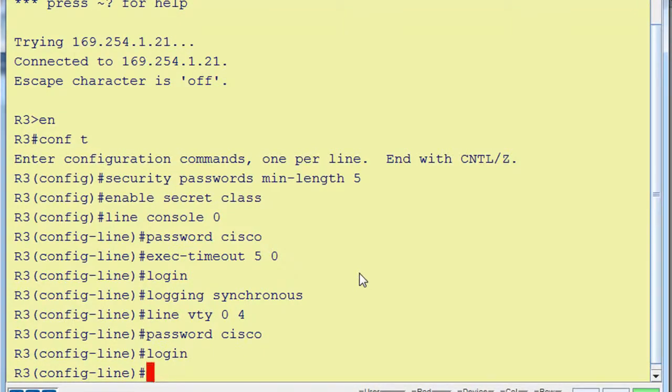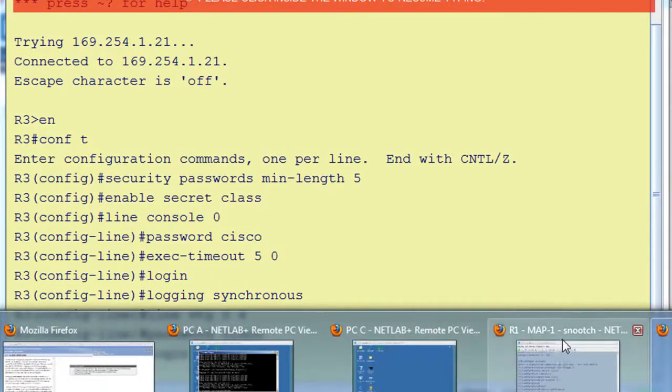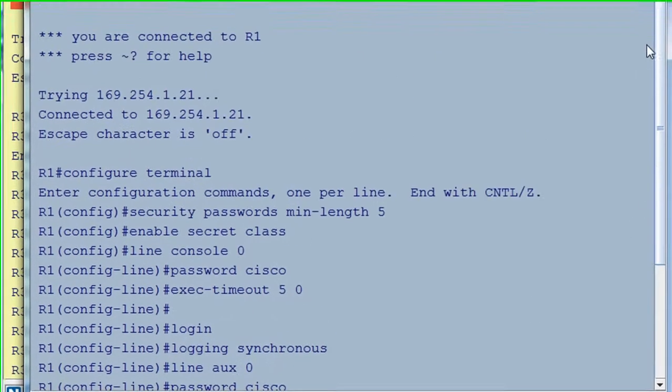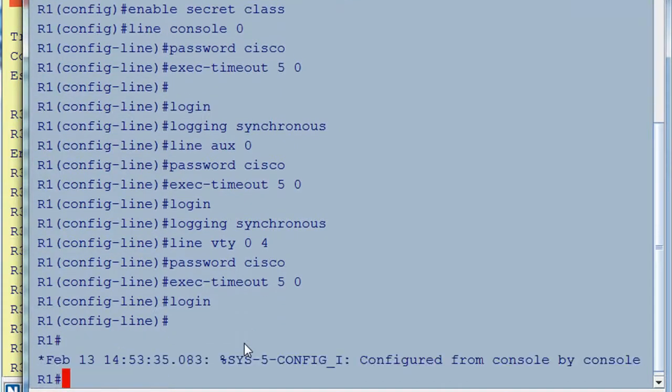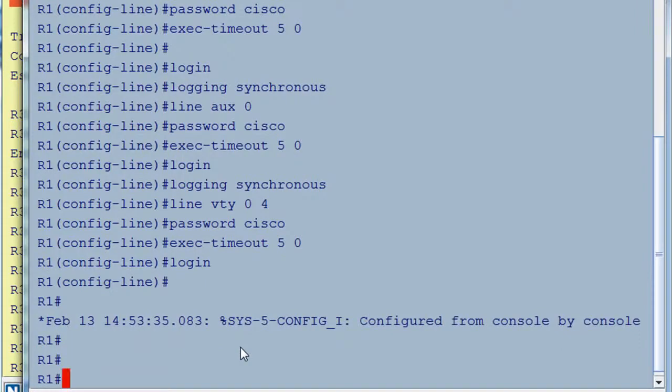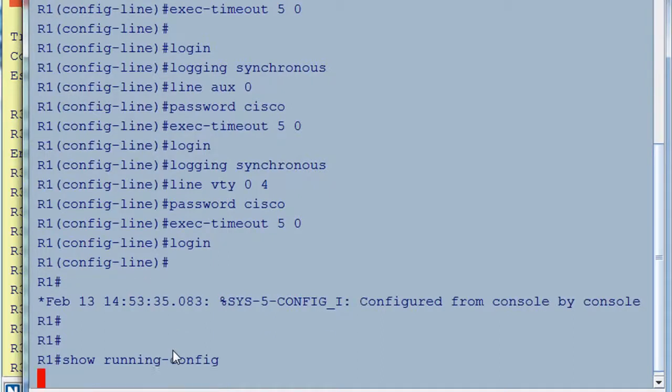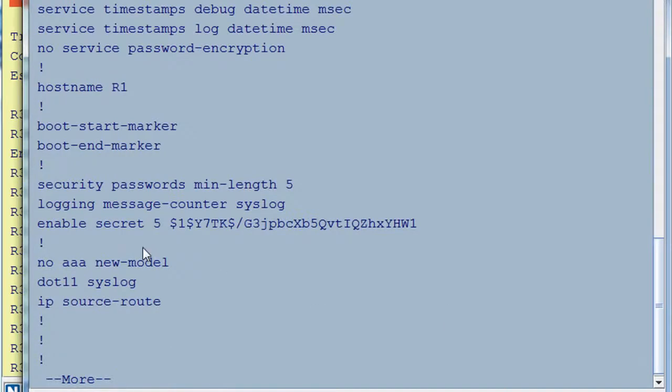Now, the next command that they wanted us to know is the service password-encryption command. So I'm going to go back to R1 to talk about it. For the service password-encryption command, what happens is, if I type Control C on the keyboard, I get back to privileged mode here, regular prompt. If I do a show running-config, which is the full command here, it'll show us the configuration file. You can see that our enable secret password has been encrypted with MD5 encryption, which is a fairly strong encryption,